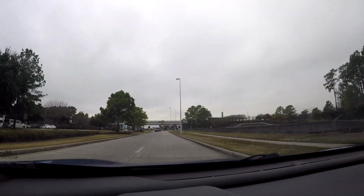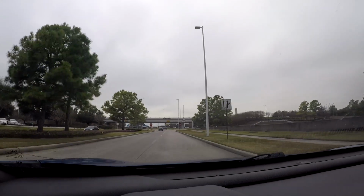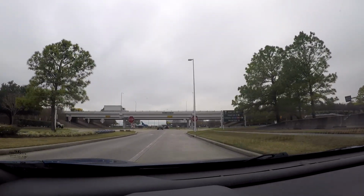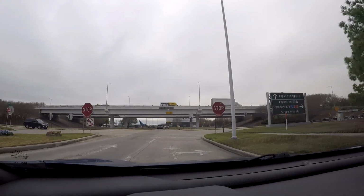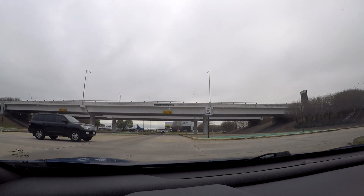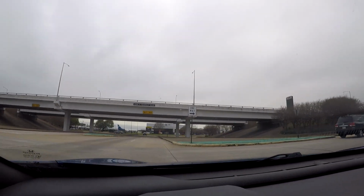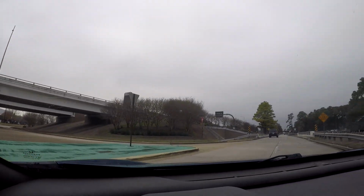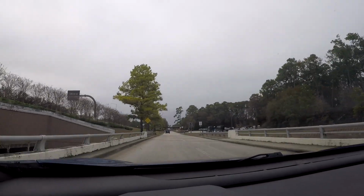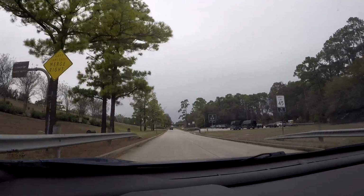So then over here, if you continue past the overpass, you make a left, and that'll take you over to the Beltway 8, I-45, Hardy Toll Road. But if you want to go back toward the airport, you can make a right turn. Or if you want to head over to 59, you can go this way as well too. So yeah, this is that Renker Road exit that we were at just a little bit ago,